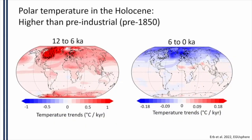This makes sense given what we think was happening to temperature at the poles during the Holocene. This shows two differences: between 12,000 years ago and 6,000, and then 6,000 to 0. The warm colors mean temperatures warmed up over the Holocene in this modeling result, particularly at the poles, and then they cooled down over